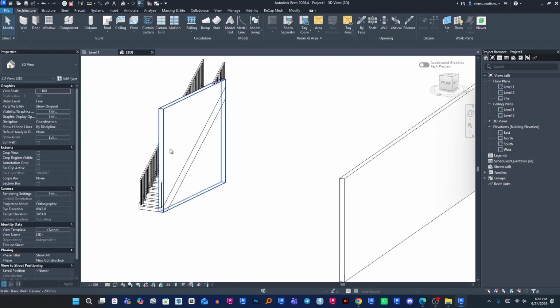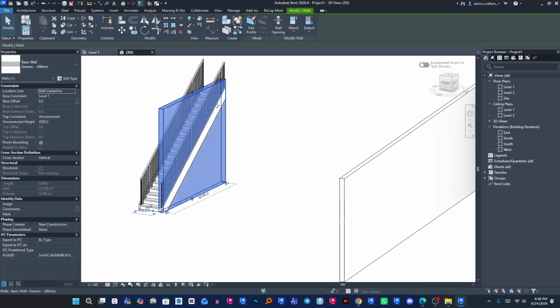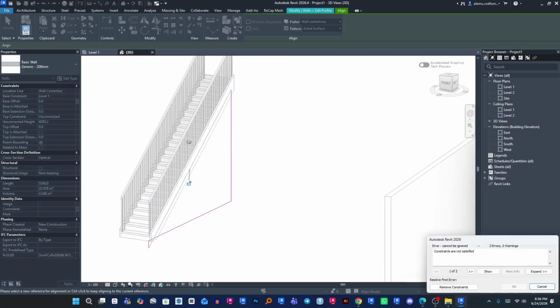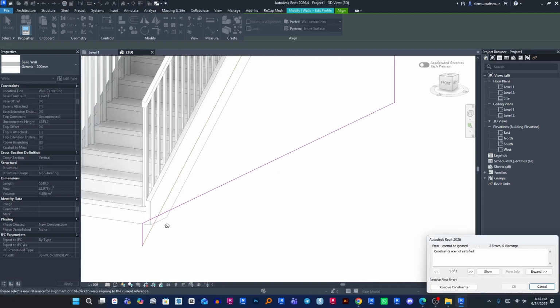Like here, I want to align this wall to the stair. To accomplish that, click wall, edit profile. Now I can just align this one to here, and actually